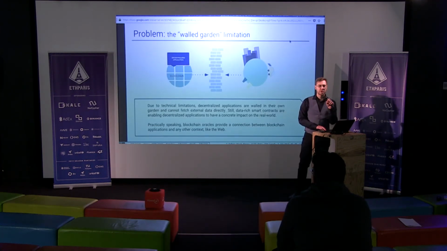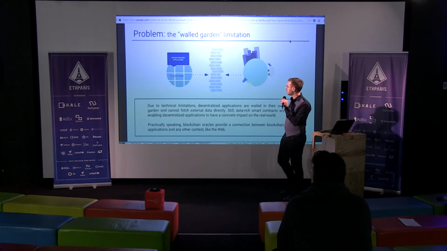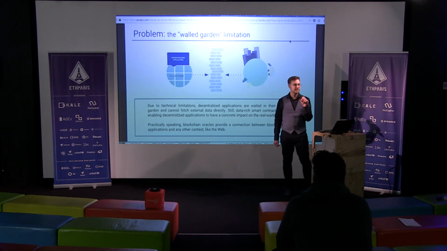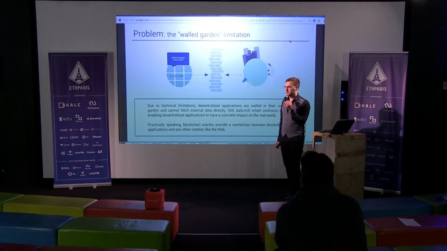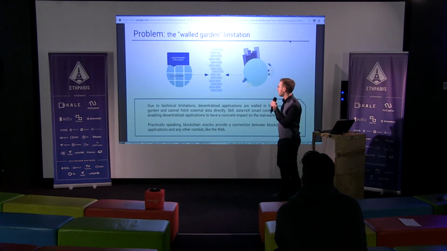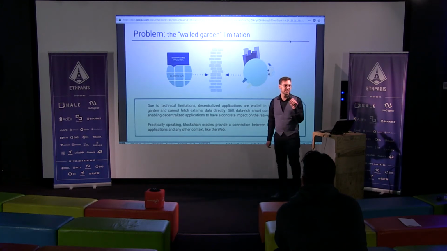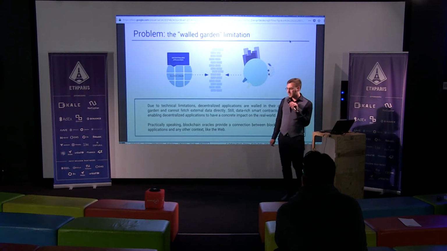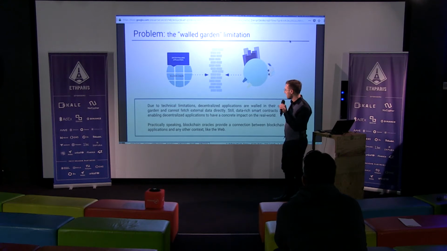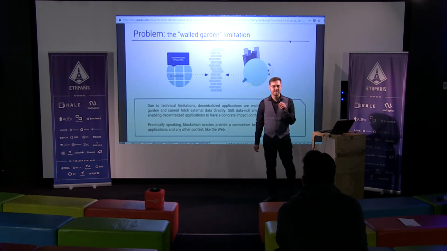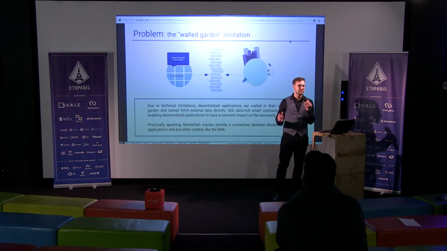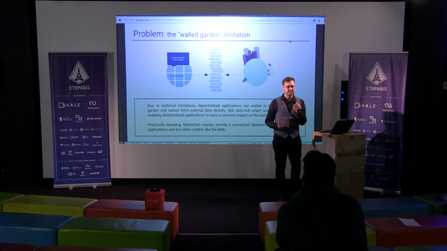So what we have traditionally been doing is solving the Oracle problem. What is that problem? Basically that blockchain applications live in a walled garden. They are not capable of reaching out to the internet. And it's impossible to get data from a Solidity smart contract, for instance. So what you want to do is circumvent the limitation so that you can implement data-rich smart contracts and have maybe a smart contract that triggers a payment or some actions depending on real-world events.